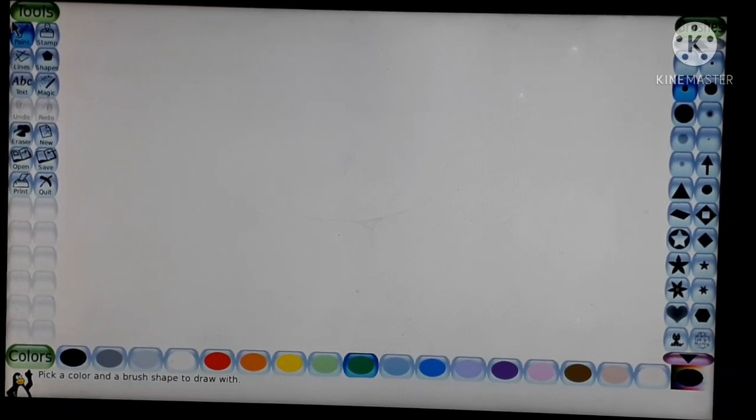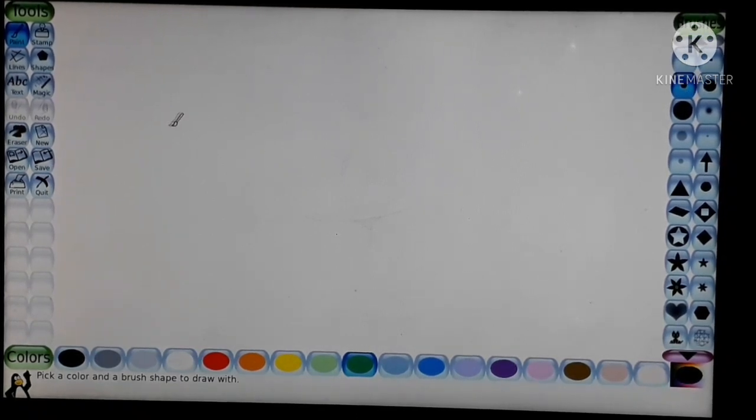Okay, we are going to discuss the tools. First one is the paint tool. The paint tool is used to draw pictures.